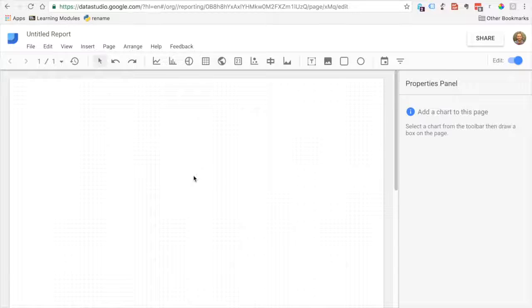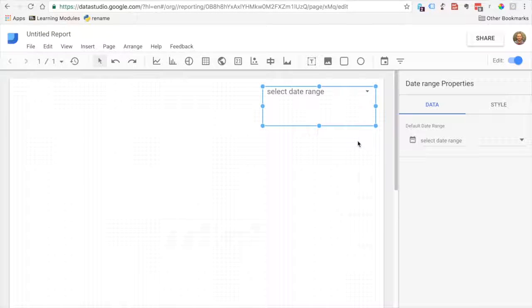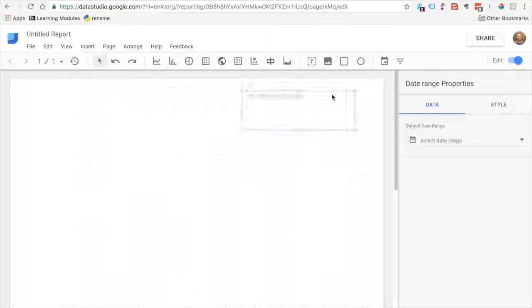All right, so the first thing I'm going to do is create a date filter. And you can see how easy this is up here. You have all of these different little icons up here, and as we hover over them, they tell you what they are, and they're really basic and easy to use. So we select a date range, and